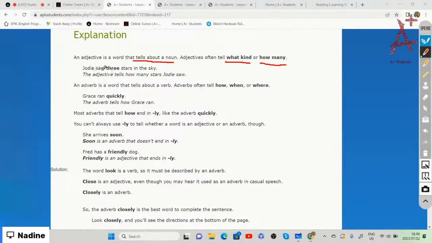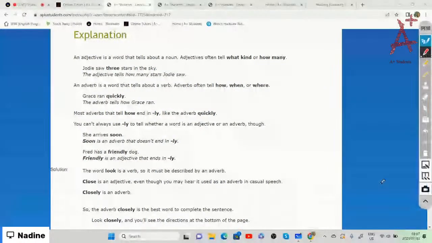For example, Jody saw 3 stars in the sky. The word 3 tells us how many stars Jody saw in the sky. Once again, an adjective is a word that tells us about a noun, what kind, or how many. And if we go back to our whiteboard,